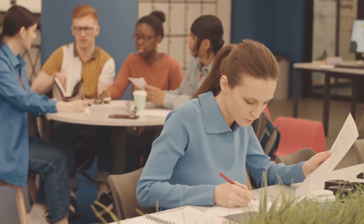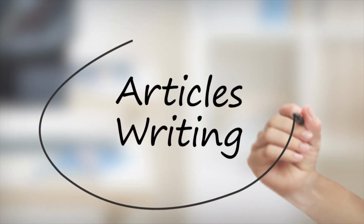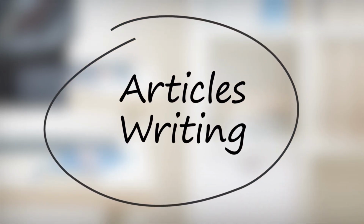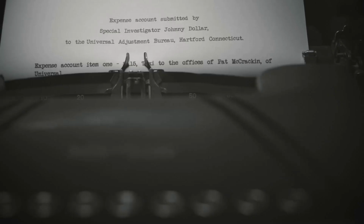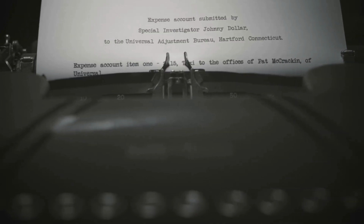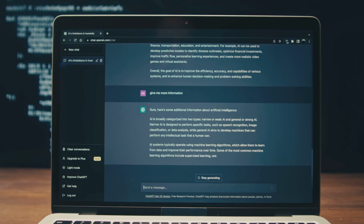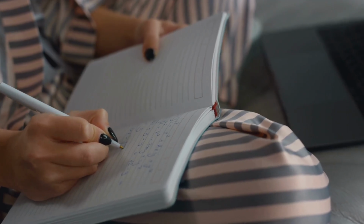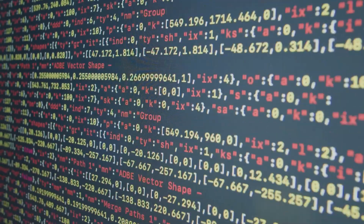For students looking to improve their essays, professionals aiming for clear business communication, bloggers wanting to engage their audience, or really anyone who writes anything, Grammarly's free tier is an indispensable tool. It removes that nagging anxiety about hitting send or publish on something riddled with typos or grammatical errors, giving you more confidence in your written communication. It's a relatively simple tool on the surface, but the AI behind it is sophisticated and incredibly useful for daily